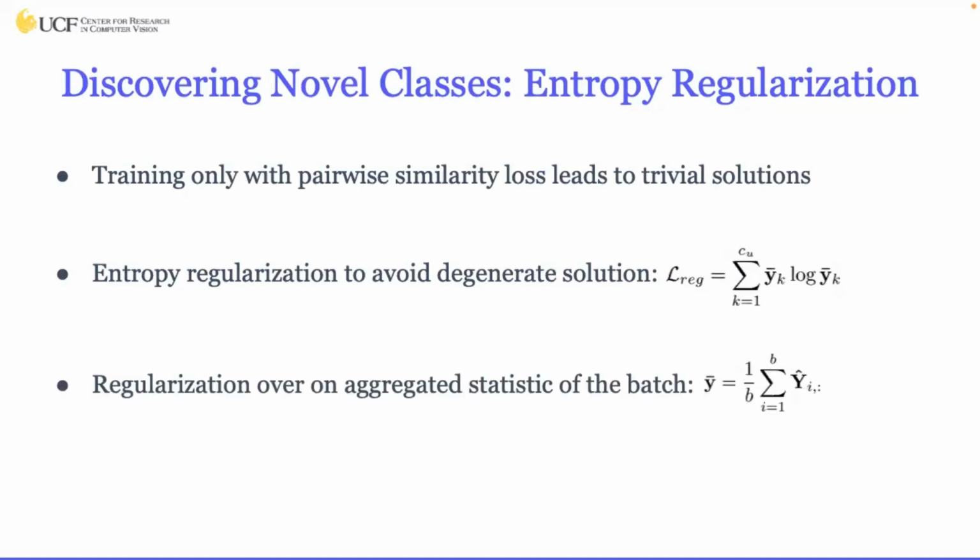Particularly, we perform entropy regularization over an aggregate statistic of the batch. So basically, we marginalize the batch probabilities across the batch dimension and perform entropy regularization on top of that, which avoids the case where a single class will dominate the batch while making the individual output probabilities